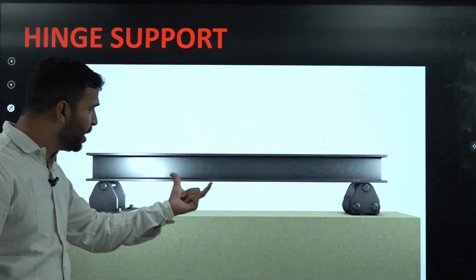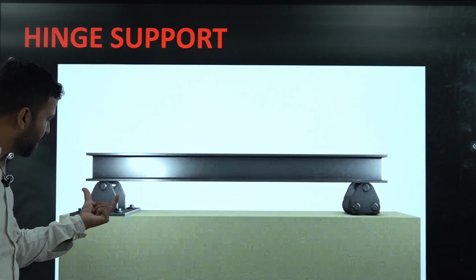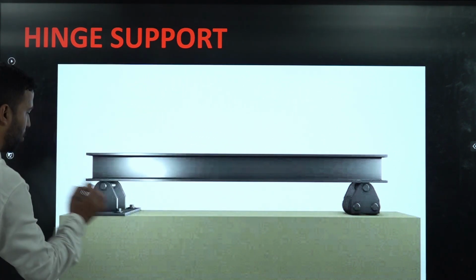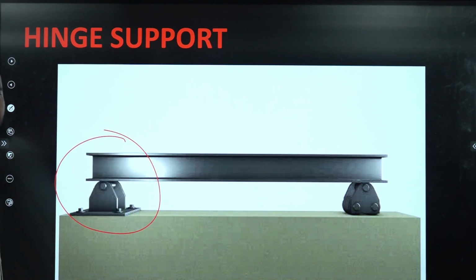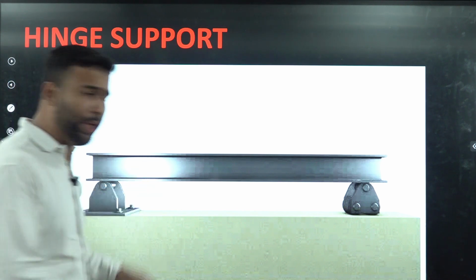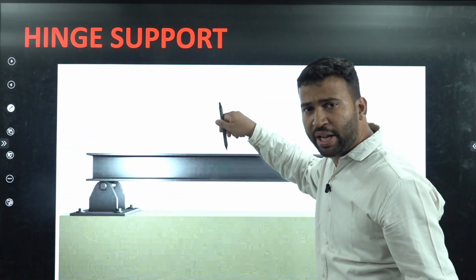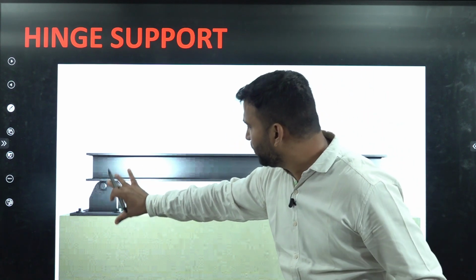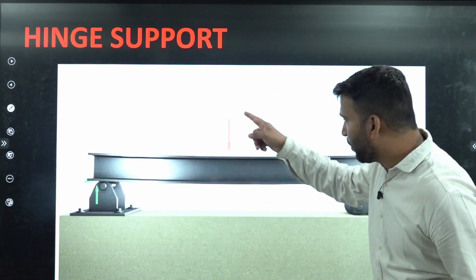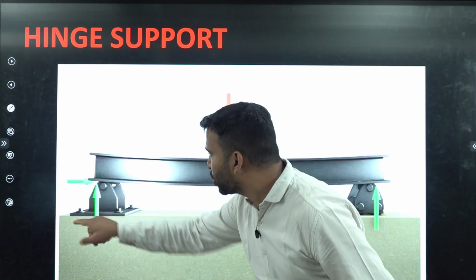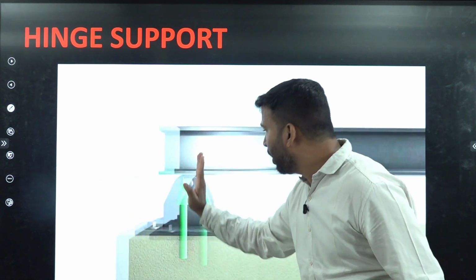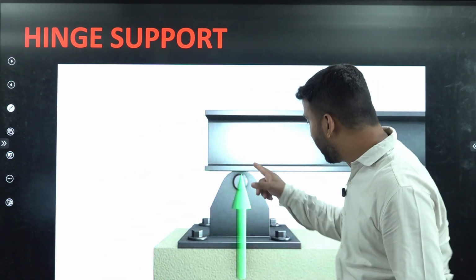Now again I have prepared here a structure which is supported over the hinge support and the roller support. Now you have to concentrate here only on this support, student. Okay, now students, kindly focus on this particular support. I am just going to apply a vertical loading here and just see how many reactions come on this particular support. Okay, I have applied here a vertical load, so vertical reaction and horizontal reaction come into the picture,